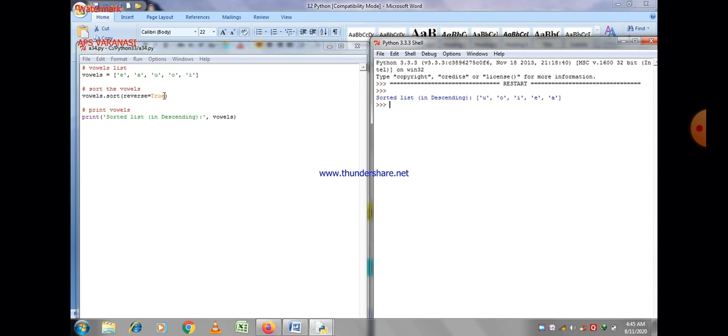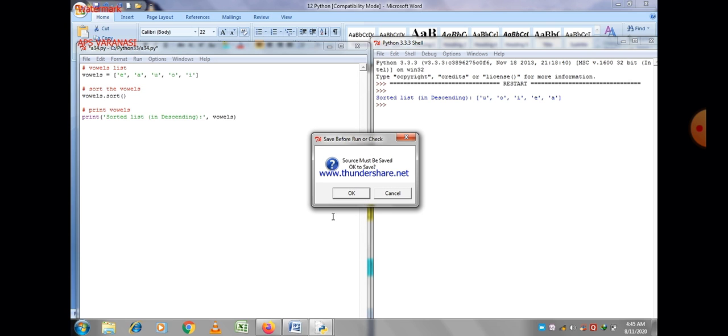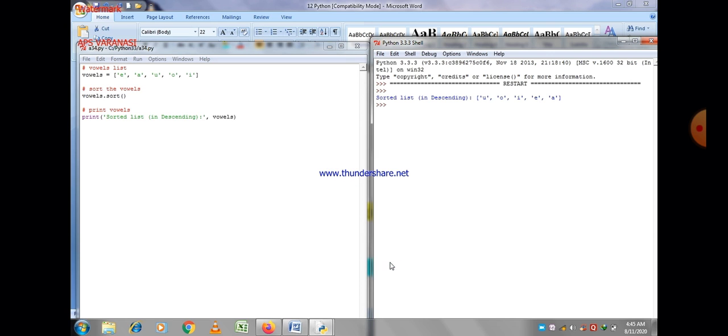You can easily see that when the value true is given here, the elements are found in reverse order, it means in descending order, and by default it is in ascending order. So if you don't give reverse is equal to true as a parameter value, the elements are found in ascending order.